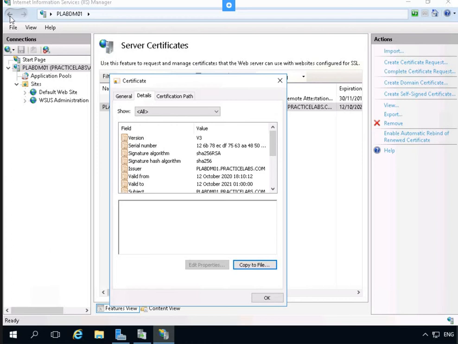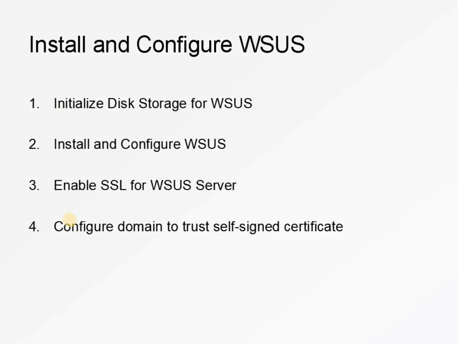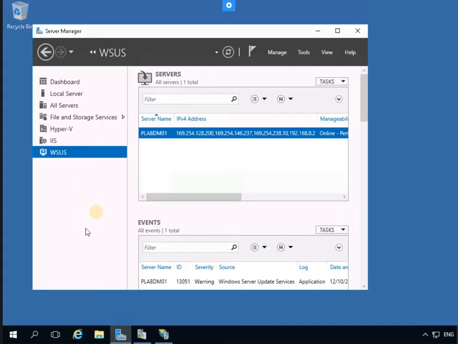So we have now completed the first 3 tasks under install and configure WSUS. First, initialize disk storage for WSUS. Second, install and configure WSUS, and third is enable SSL for WSUS server. So we are now going to see configure domain to trust self-signed certificate. Let's go for that. So to set up the self-signed certificate to be trusted by the Windows domain, so we